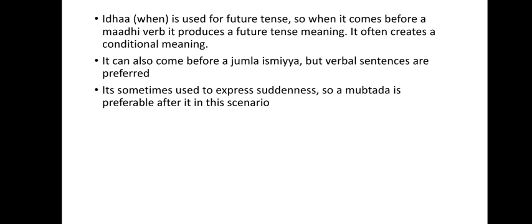And it's more commonly used with verbs. So آتِيكَ إِذَا طَلَعَتِ الشَّمْسُ, so طَلَعَ is past tense, but because إِذَا comes before it, it would create a future tense meaning. So آتِيكَ إِذَا طَلَعَتِ الشَّمْسُ means I will come to you when the sun rises. It more or less has the same meaning as the nounal example, but this one is a verbal example.